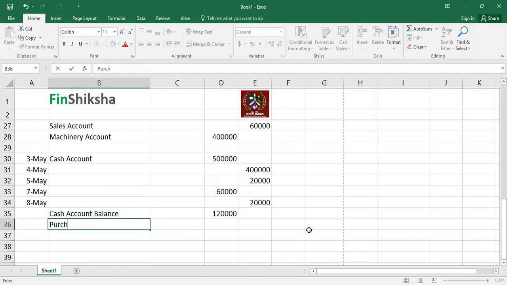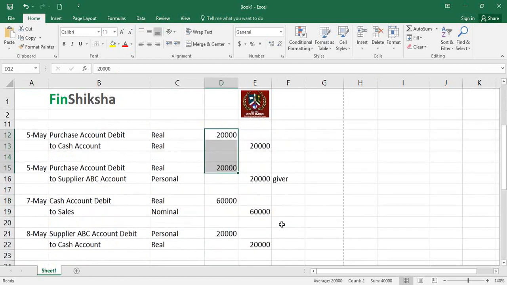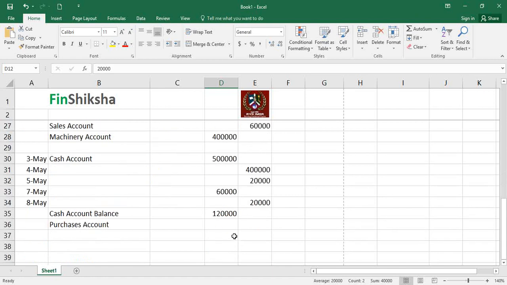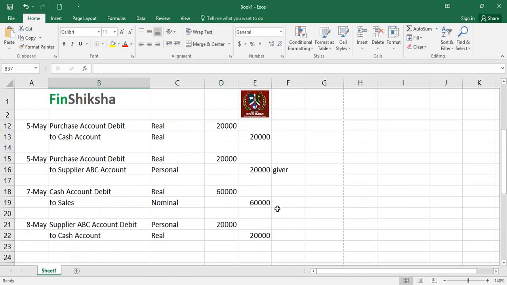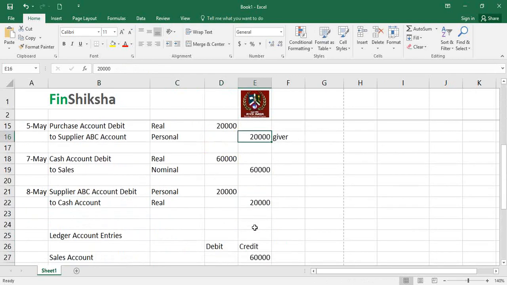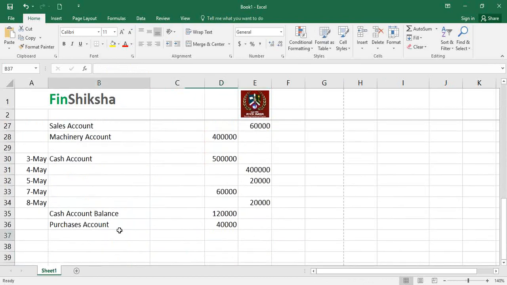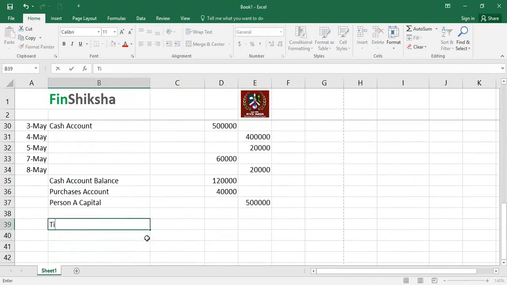Then we have purchases account, and that purchases account gives us a debit of 40,000, right? Supplier ABC account has matched, 20 came in, 20 goes out, so that has matched to 0, so that will remain 0, right? Now there is also a person A capital account, and that's 5 lakh rupees debit, right? Now when we create a